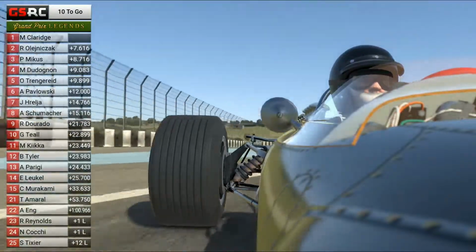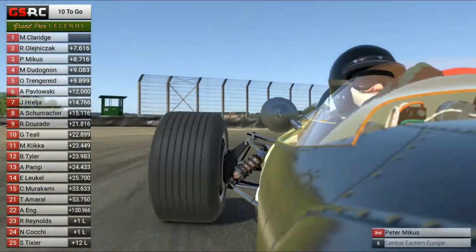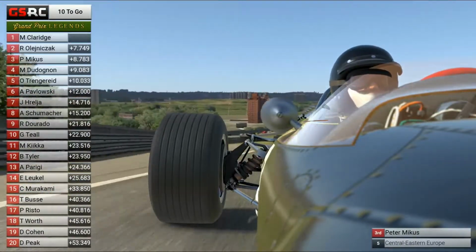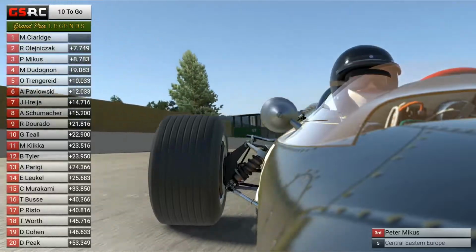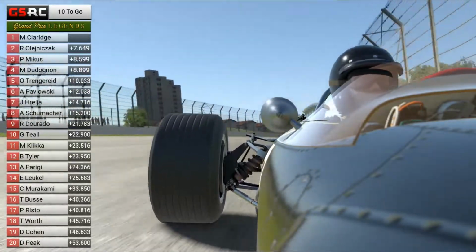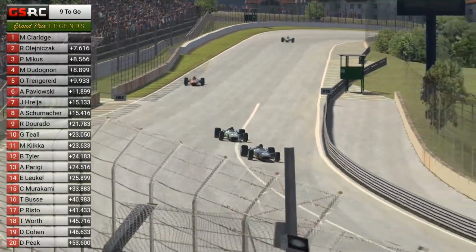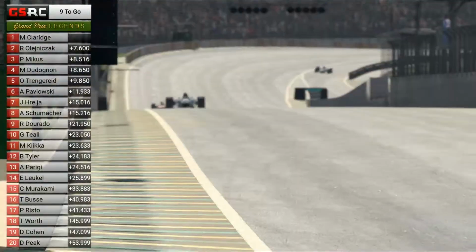This has obviously also ripped a little bit of a gap into this battle for second place. Peter Mikus and Rob Olenek now separated by about a second, though that still gives some nice draft to the Slovakian. Indeed, as these two guys are still close together, and